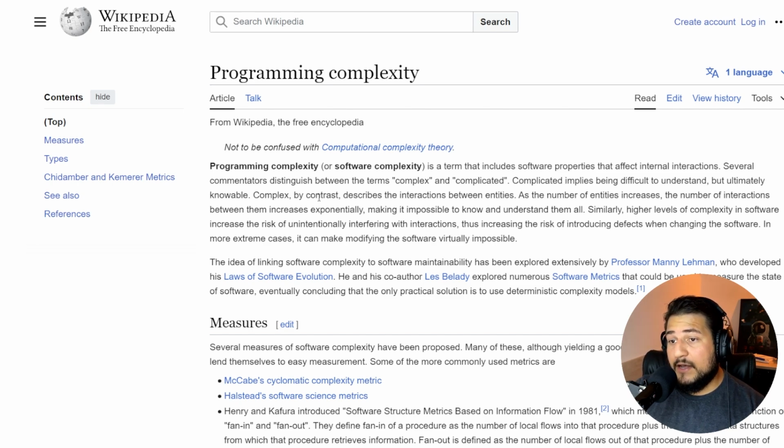But complex describes the interactions between entities. So as the number of entities increases, the number of interactions between them increases exponentially, making it impossible to know and understand them all. We are talking here about the natural life cycle of software development,